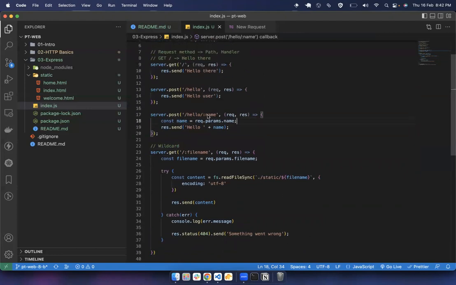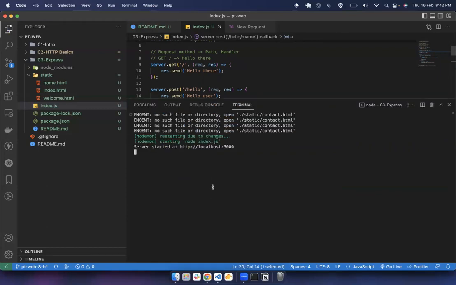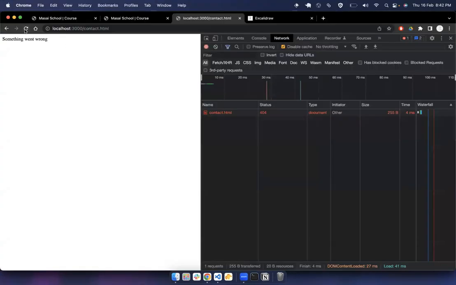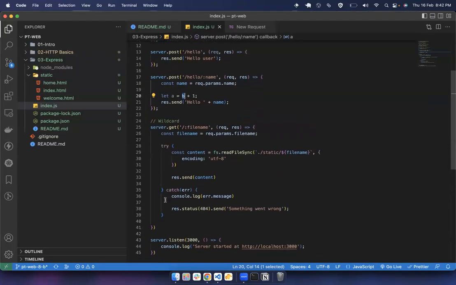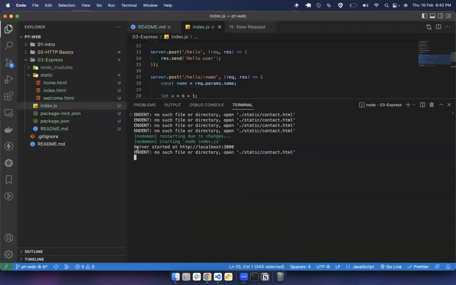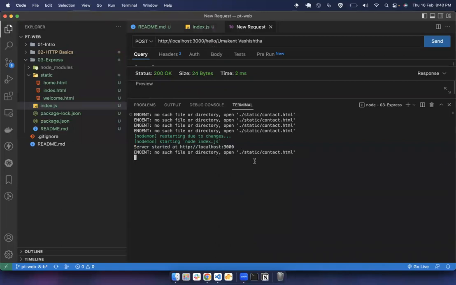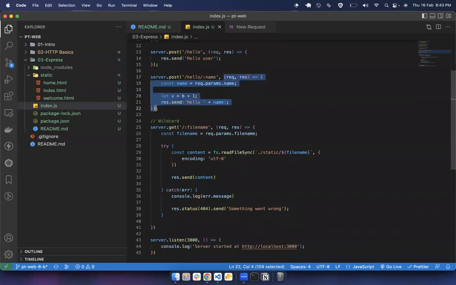So for example, let's say here, if I try to use some variable like this, and I try to make a request, this is obviously going to result in an error because the variable b is not defined. The server is running, and all of the requests going into this request handler are working properly. But if somebody makes a request to this route, which is where the error actually is,